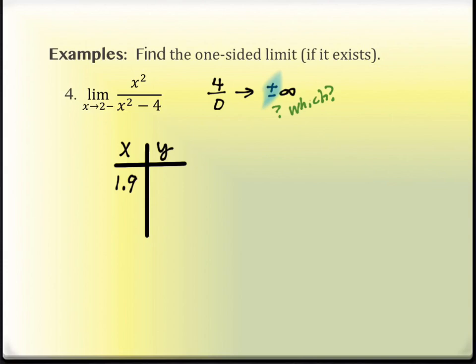And I want to have at least 3 values that get closer than 1.9. So I've got the 1.9. I want 2 more, I should say. So what else could I use? Yep. So these are 3 very good choices of places that we can go with. And we're going to use our table and our calculator to do this. The last time we did the tables in the calculator, I didn't have my calculator with me, and so we kind of just walked around. So I want to show you how to do it in your calculator one more time in case you haven't had a chance to explore that yet.